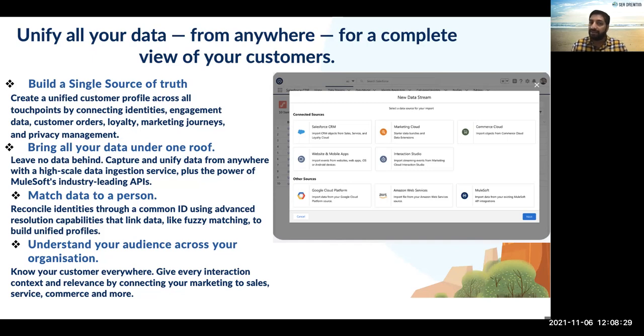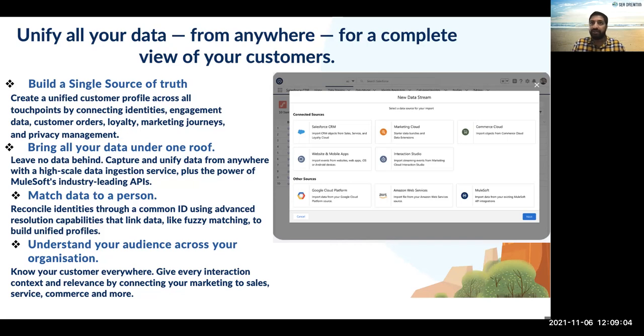Here I have different data streams. I'm going to connect to the CRM system, marketing system, Commerce Cloud, web and mobile, Interaction Studio. And if I have data sitting somewhere else, that's where CDP can bring you value addition. It brings the data from disparate data sources like Amazon, Google Cloud, and MuleSoft, and brings together a source of truth, bringing all your data under one roof, matching data to a person with a unique identifier, and understanding your audience and your organization, because customers are everywhere, in different channels, offline and online.